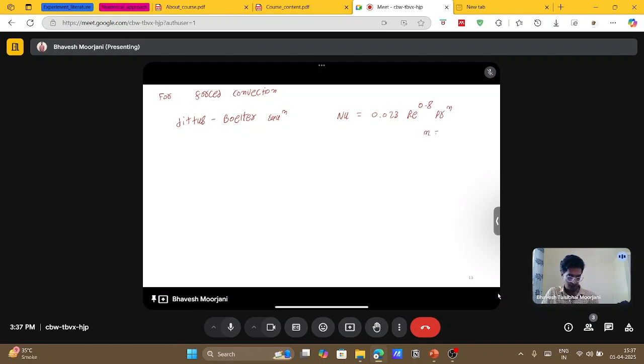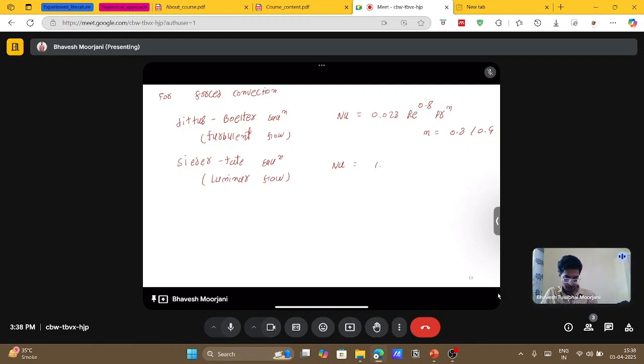Where this n can be 0.3 or 0.4 depending upon the heating or cooling part. Then, this Dittus-Boelter equation is used for turbulent flow. And for the laminar flow of a fluid through a pipeline, there is the Sieder-Tate equation, which is used for laminar flow,